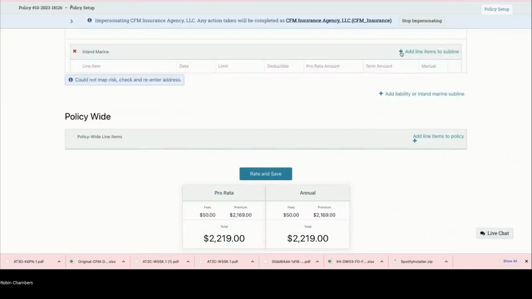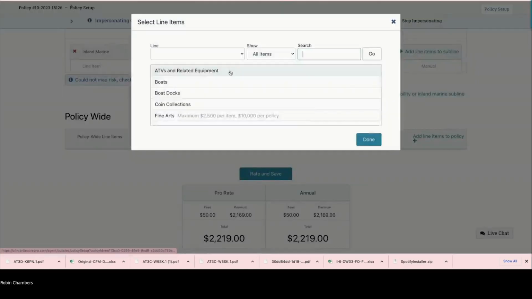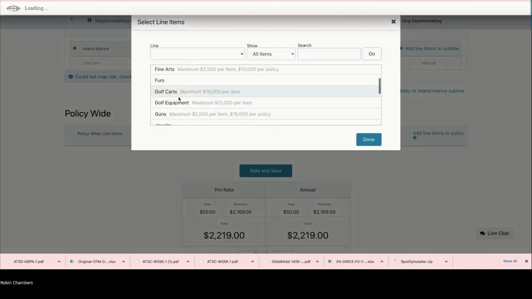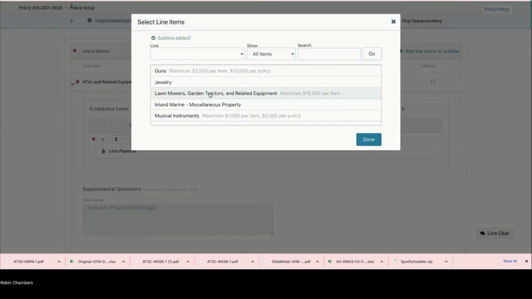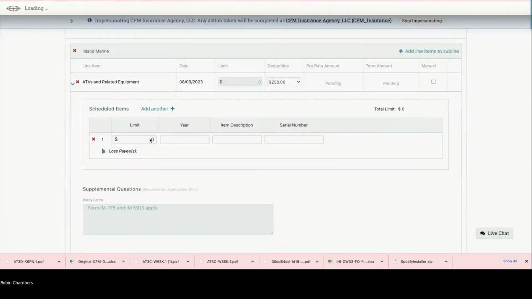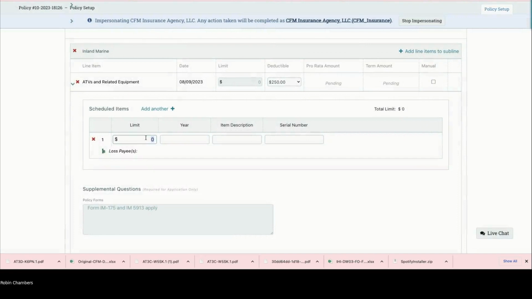And then once you've done that, you're going to hit add line items to subline. This is also where you're going to add ATVs on farm only policies. We do not allow ATVs on homeowners policies. So if you were in a farm program, you could add ATV, you could add lawnmower, garden tractors, and related equipment. So we have our ATV, you're going to add that here, put in your information, $10,000, year, item description,